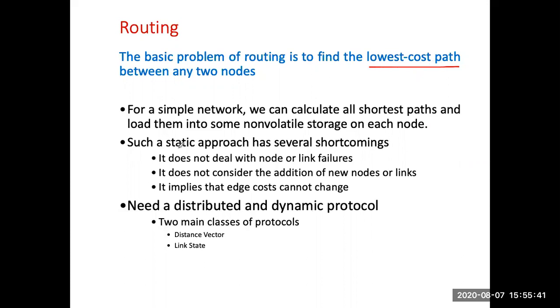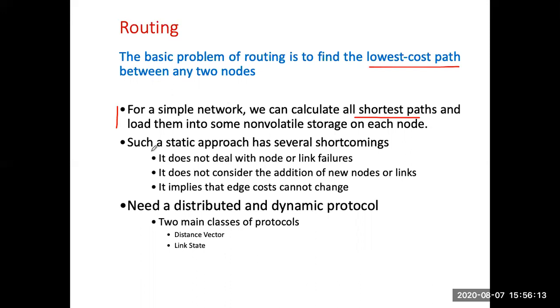This can be done statically. For example, if there is a very small network, then it can calculate all the shortest paths and load them into the storage of each router. But this is a very static approach. In this case, if all the path details to the other nodes are saved in memory,